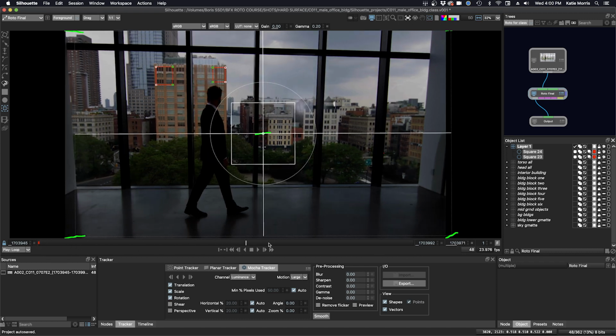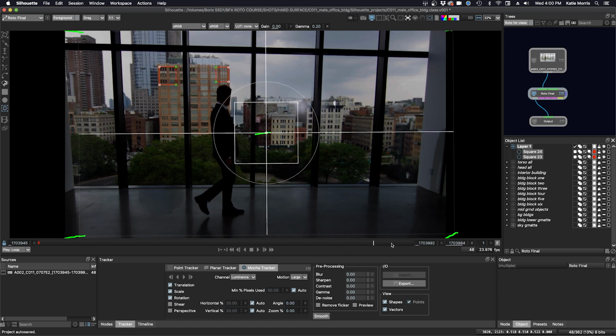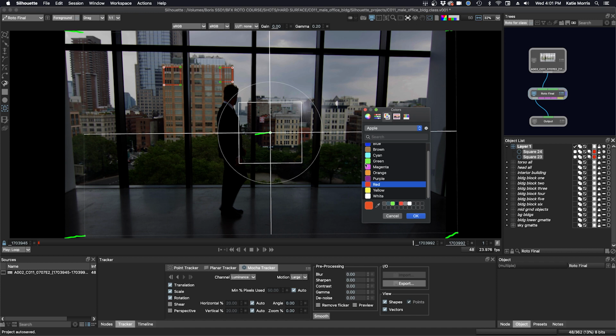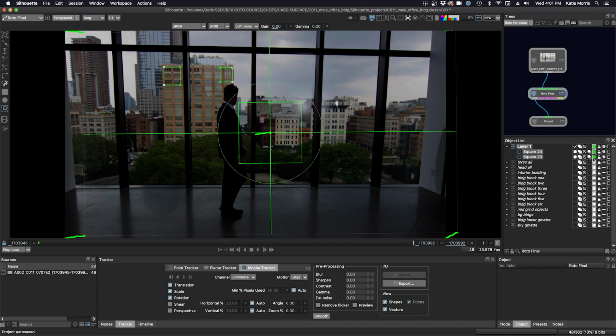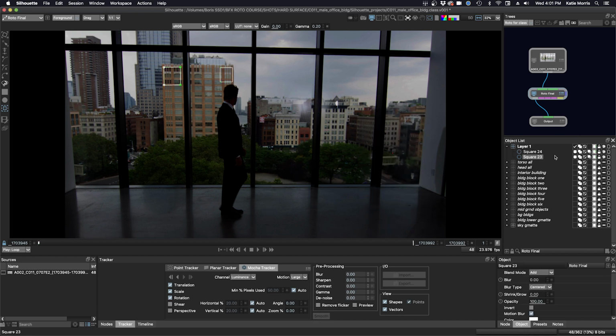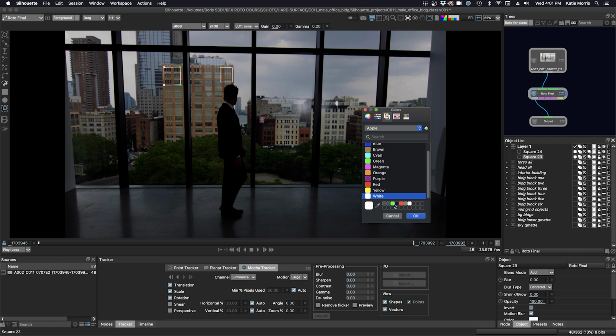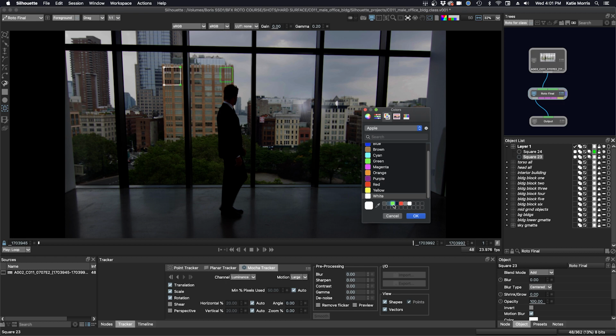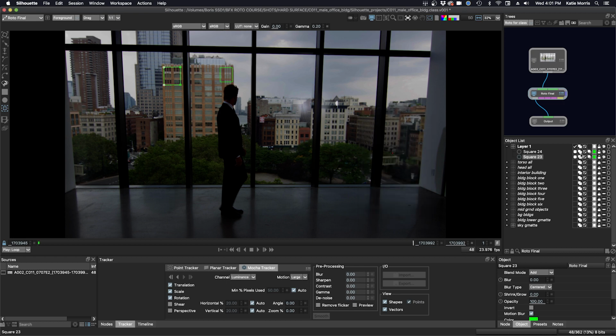So when I look at this, I think I'm going to try to make a couple roto shapes for this building. I'm not going to make just one large shape. That would be a lot to keep track of during the roto process. And first I'm going to change the color of my trackers. It's another way to do it. You can just click, actually didn't need to change the layer color, but you can. And we'll just click each layer. You can just click the pot and up comes another color picker and choose it that way.